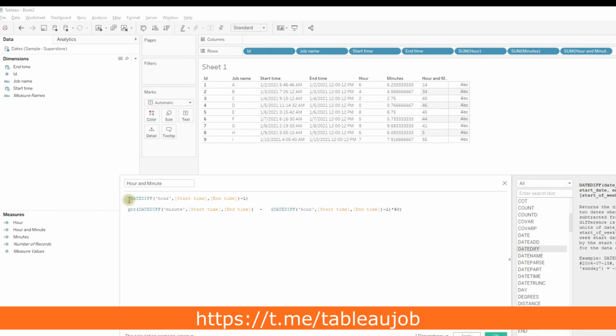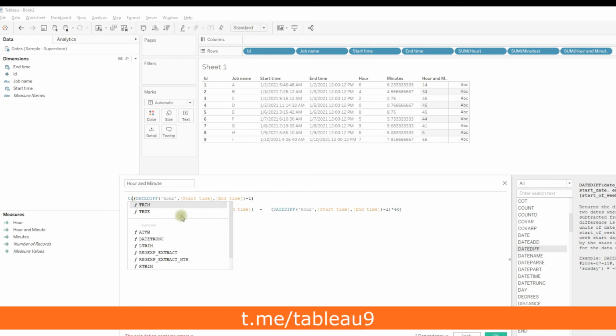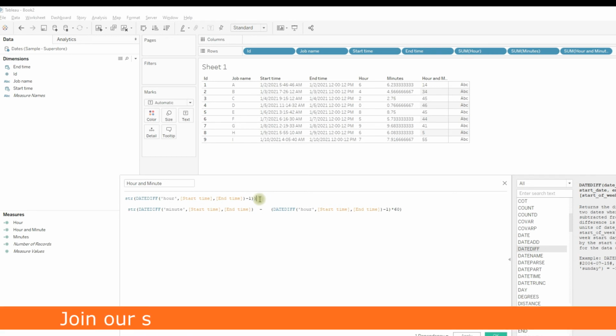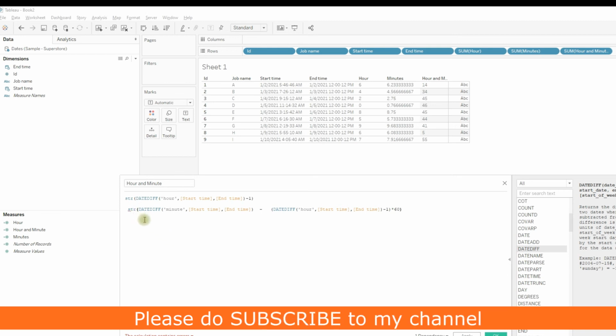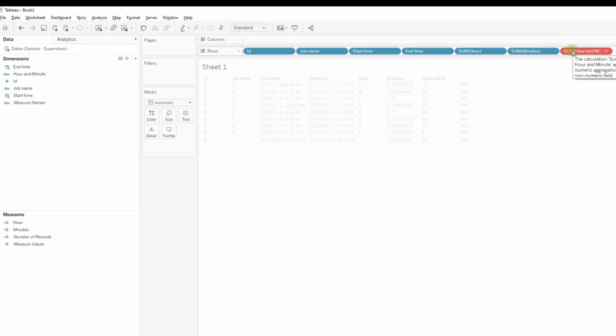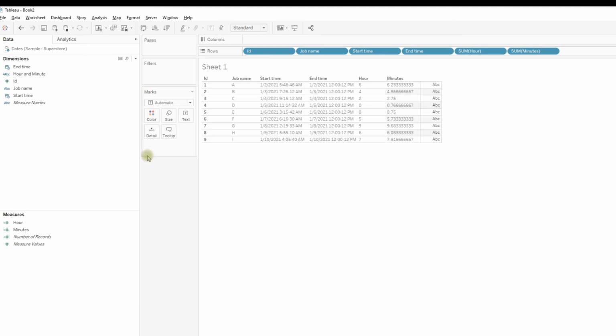Let me convert this one to a string again with STR. Plus. Okay, now we have converted this calculation to a dimension.